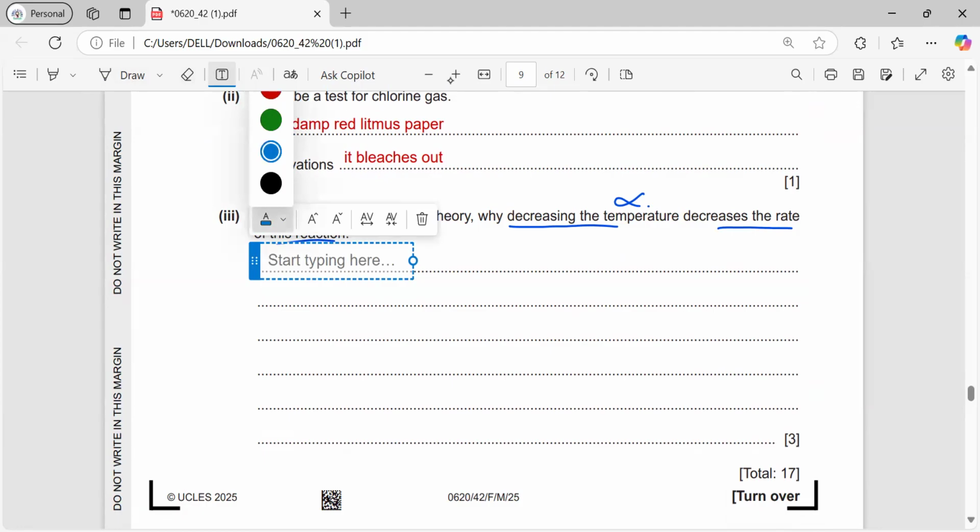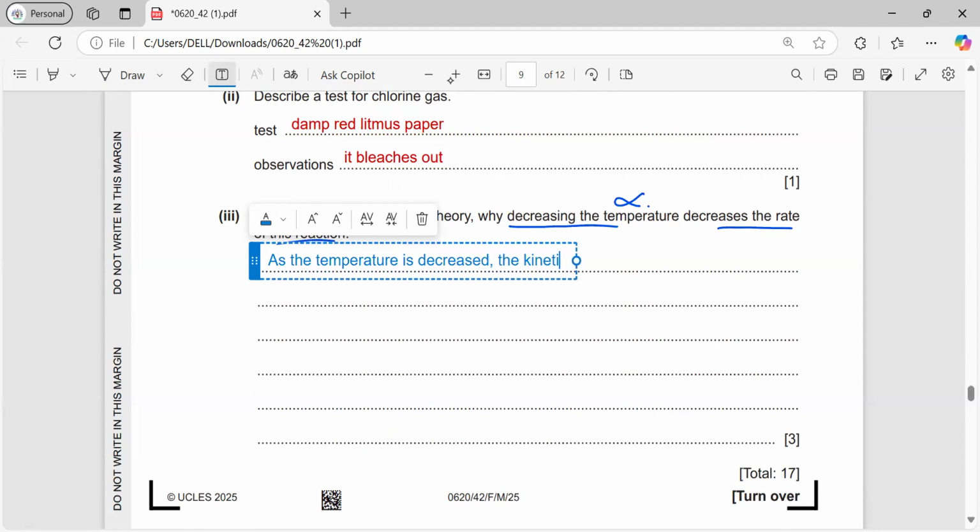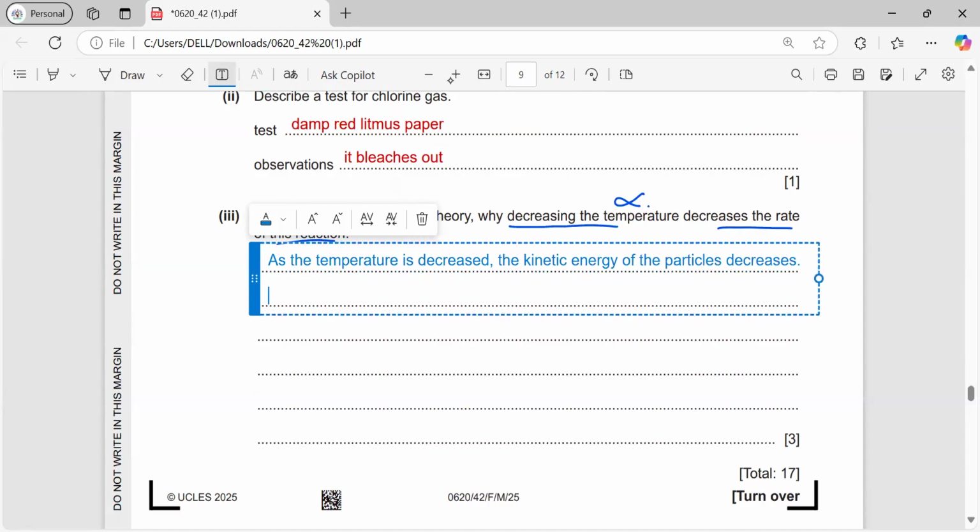So what we'll write first is that as the temperature is decreased, the kinetic energy of the particles decreases, because temperature directly affects the kinetic energy of the particles. Movement slows down,